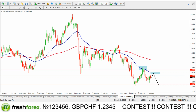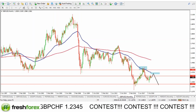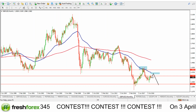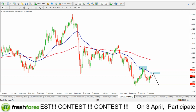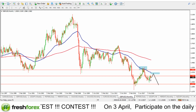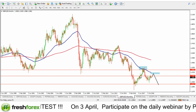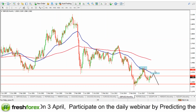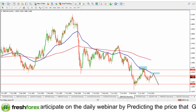So on this pair, because of the moving averages, you have this moving average, and also this one, all of them are showing us a sell. So we just want price to pull back up to this level or up to this dynamic resistance so that we can sell it from that point up to 1.2217. So far, this is a sell, but there's no clear sell signal. So wait for that signal here or along this moving average. That should be somewhere here. We'll move to our next chart,